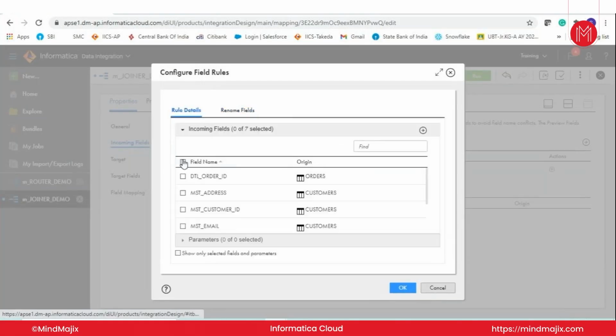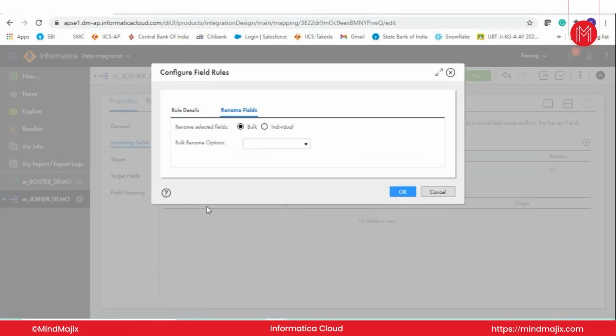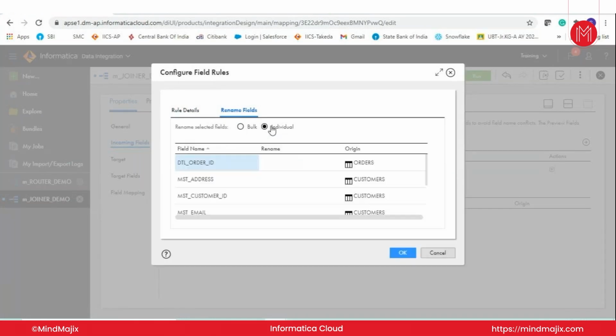I'll select all the fields first, then I'll go to rename individual, because with bulk I will only be able to add a prefix or suffix. I want to take it off, right? So I'll go to individual renaming and then simply remove this. I'll just say order ID, address,